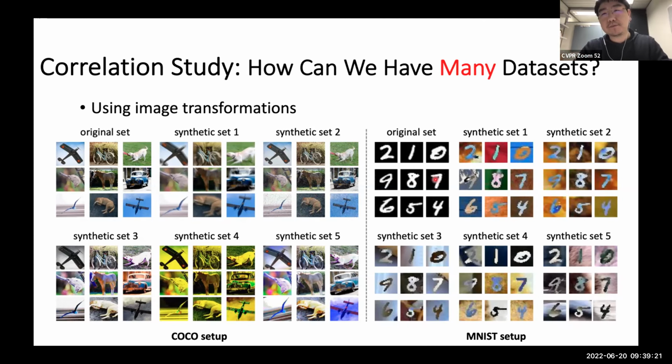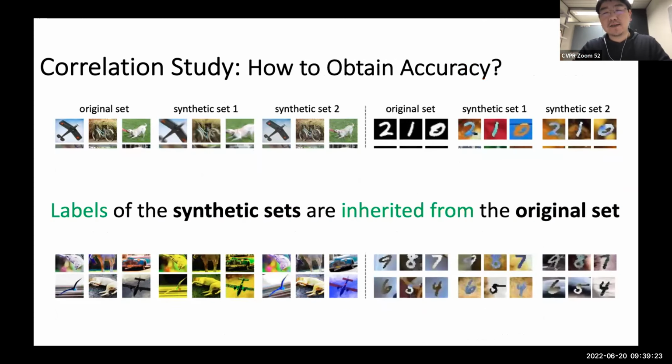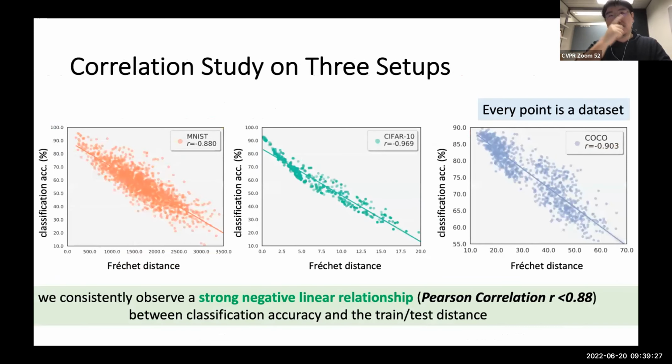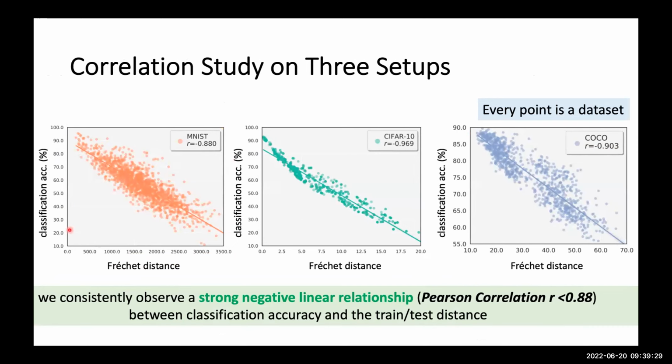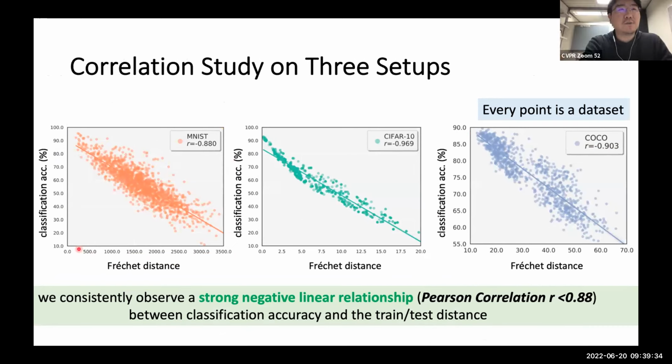Okay, so we've done the two steps. Now we calculate this correlation study. Let's look at the leftmost figure. The x-axis is the feature distance, which characterizes how far your test set is from the training set. And the y-axis is the test set accuracy, your model's accuracy on the test set. In this figure, every point is not a model.